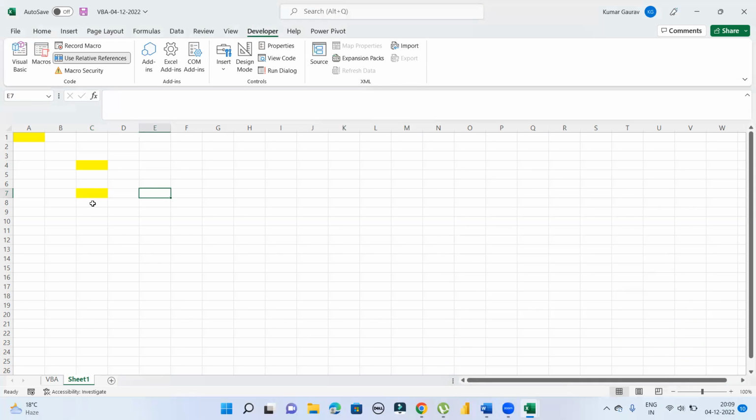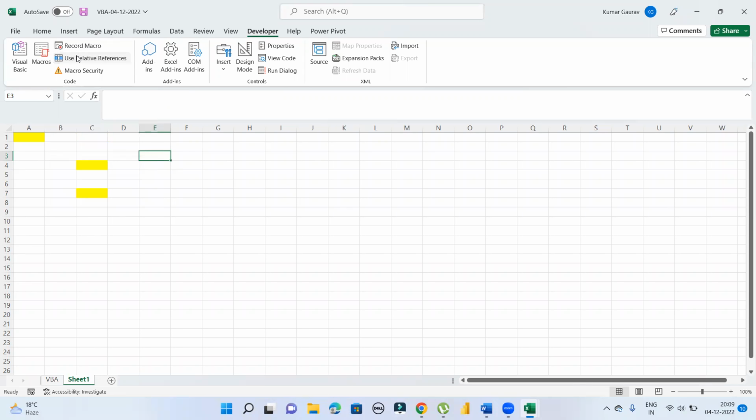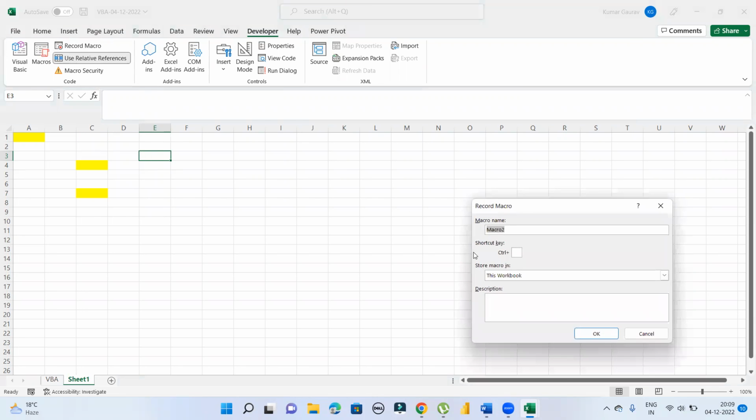So again this is the working. So this is the way we can record the macro. If we want to make another macro, suppose we use the relative reference and then record macro. If we want to give any shortcut key, just like we